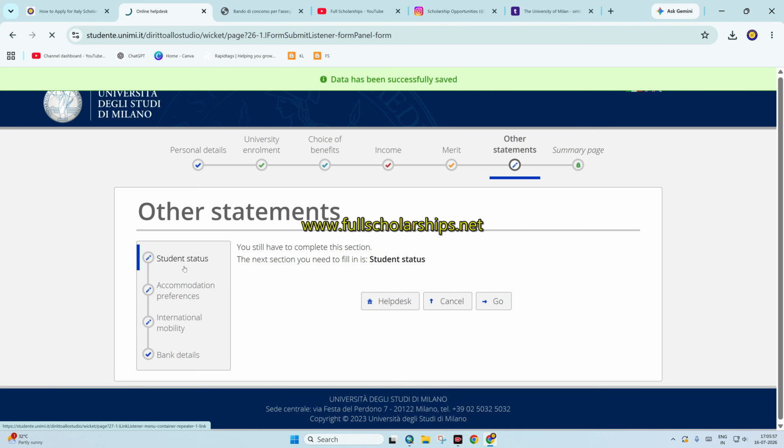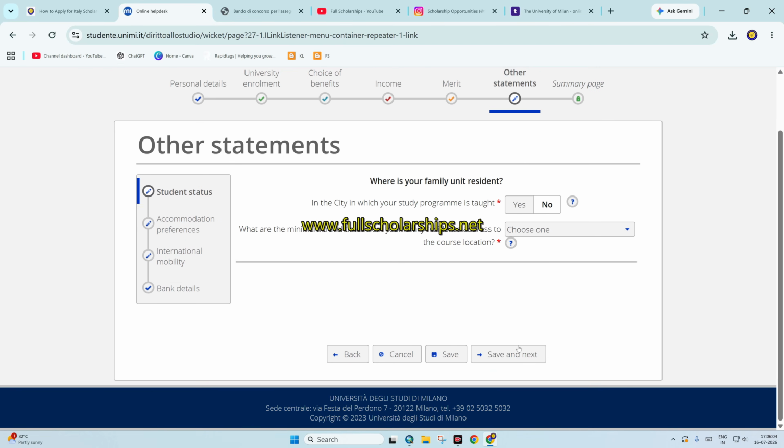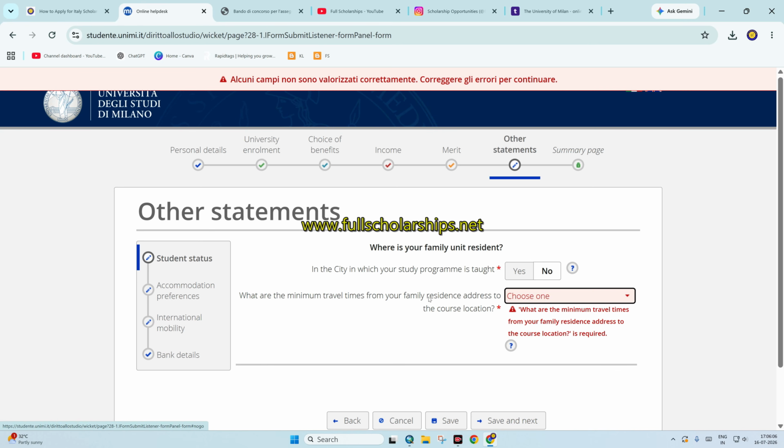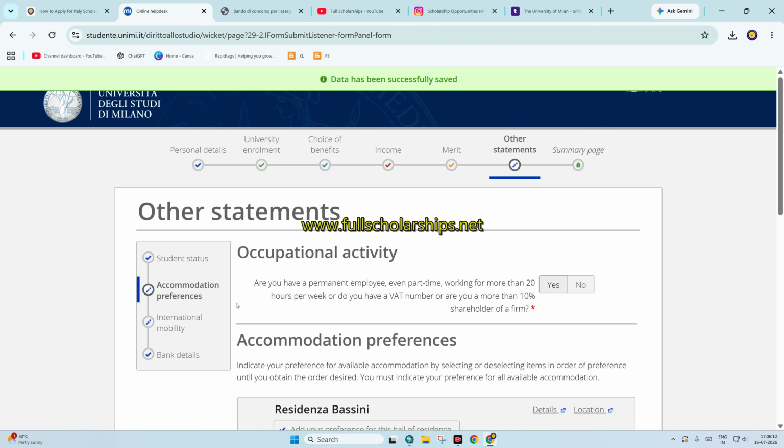Now student status, where is your family resident, in another state. Then choose which, more than 90. Then save and next. Are you a permanent employee, part time?